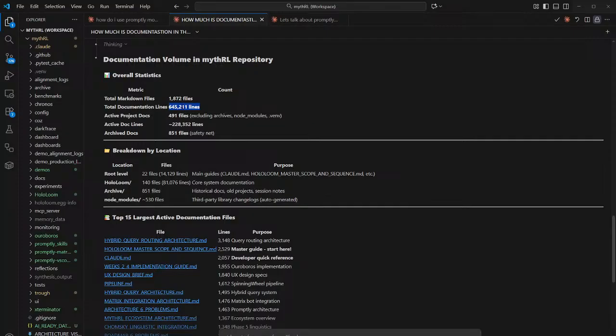Kind of boggles the mind, doesn't it? Active project docs. Wow. And it's all broken. No, it's not that bad. Feels like it some days. Getting a lot of it to the archive. That's nice.